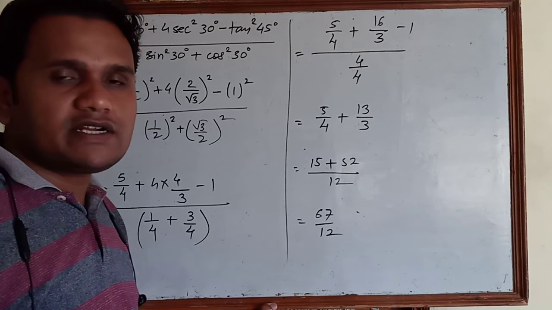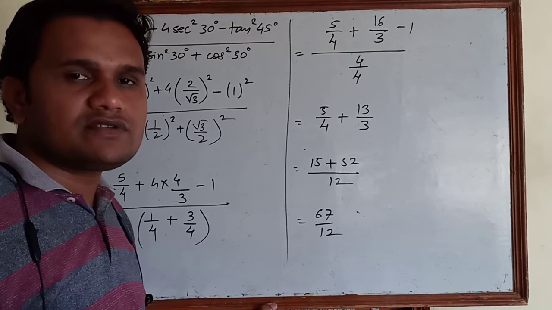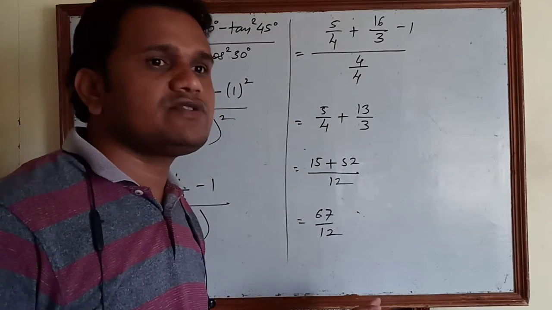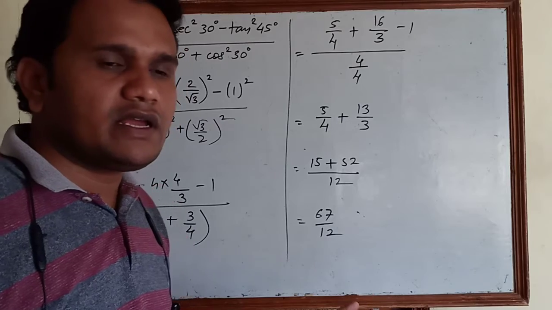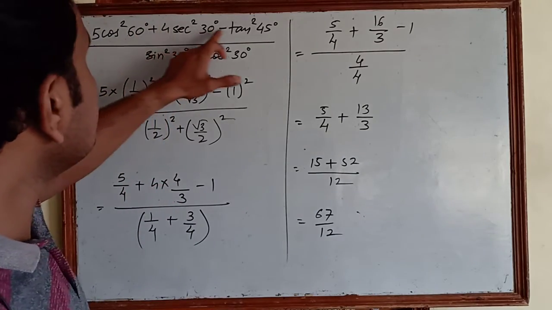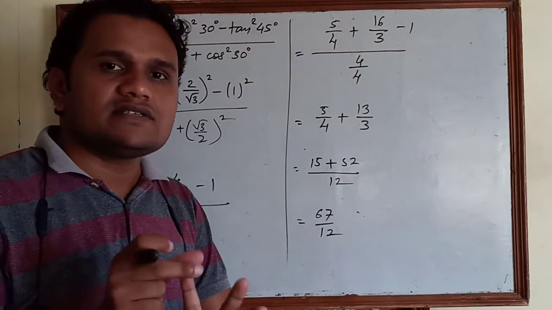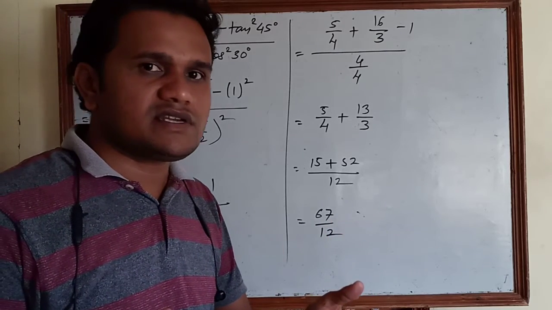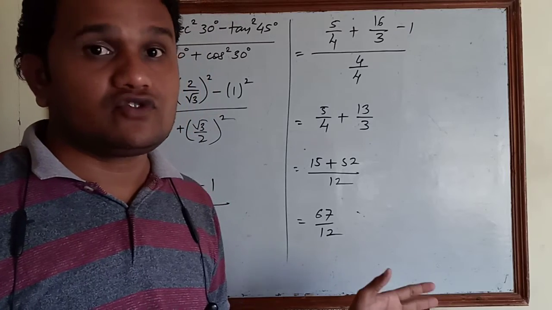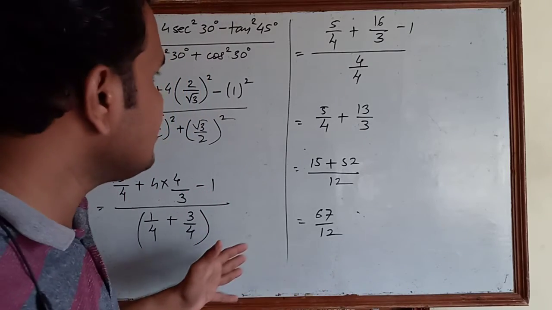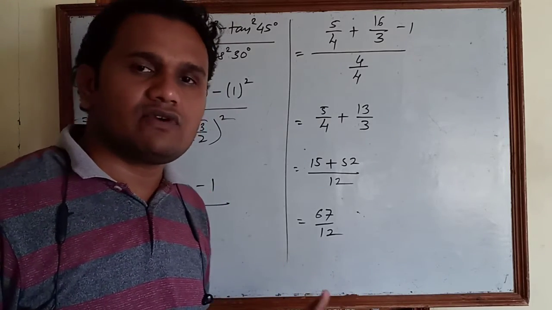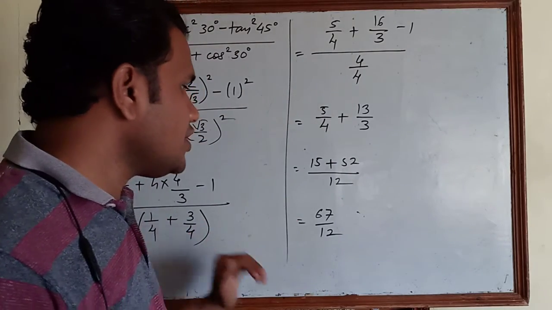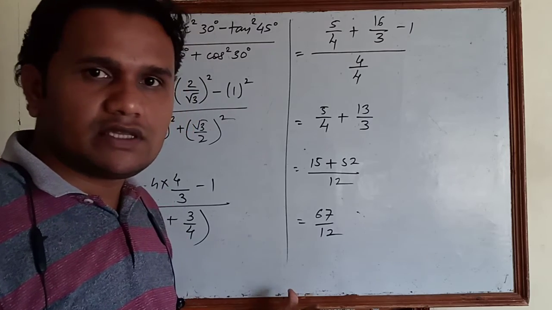What are those particular angles? 0, 30, 45, 60, 90. If you see the questions, in all the questions I solved, you will see the angles that came are 60, 30, 45, they are either 0, 30, 45, 60, 90. Apart from this, nothing else came, no different angles came, because at this level, SSC level, what we have to study is, we have to study only this type of ratios. Okay, so in this way we have done the questions.